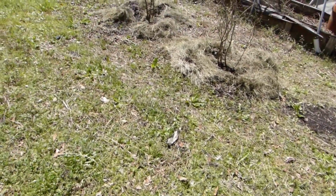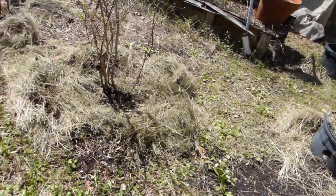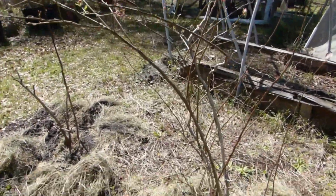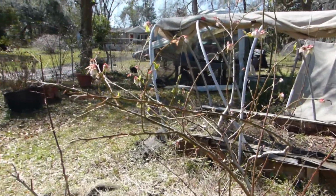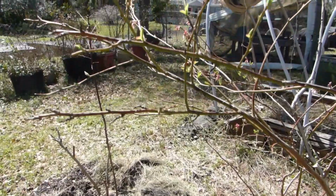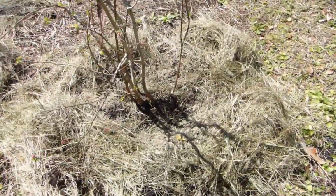The rain finally gave us a break today, and the sun came out. As you can see, it's very sunny today, and this is my blueberry. As you can see,